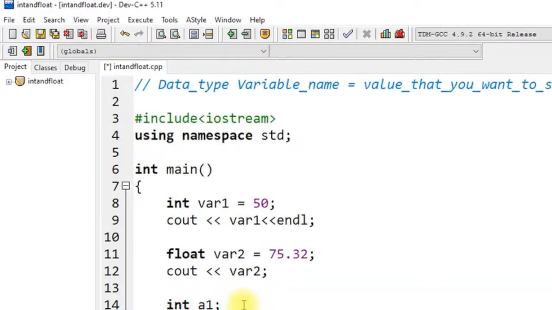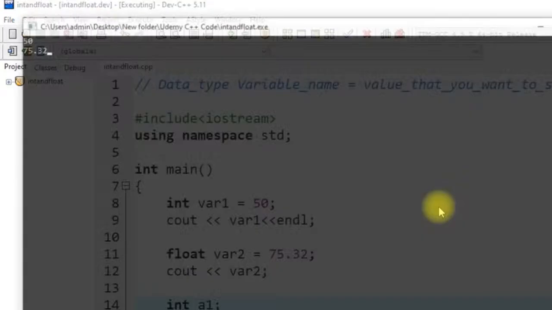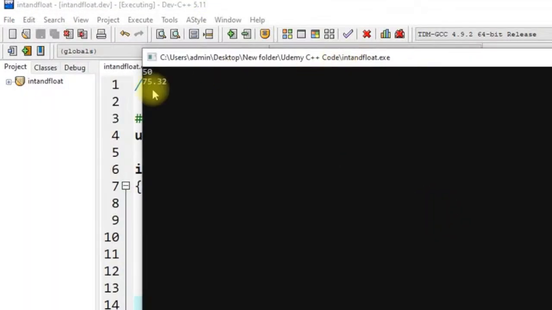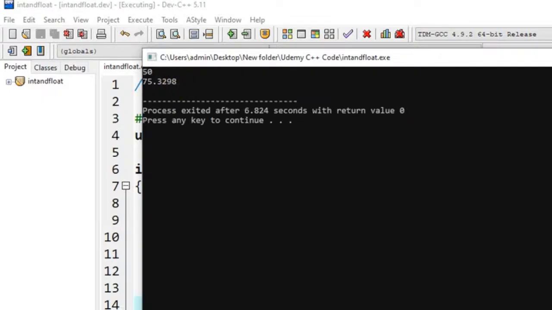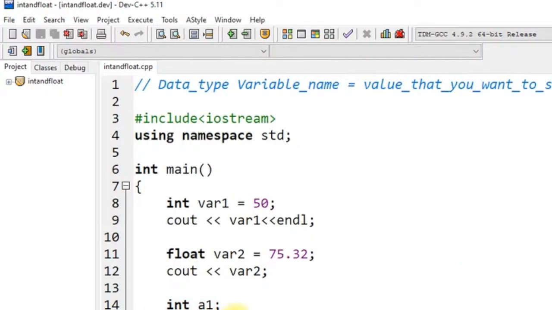And here in the next line I'll write cin for a1. And if I save this code and run it one more time, I'm getting an option to store a value, so let's say 98. And okay, to display the value for a1, what I can do, in